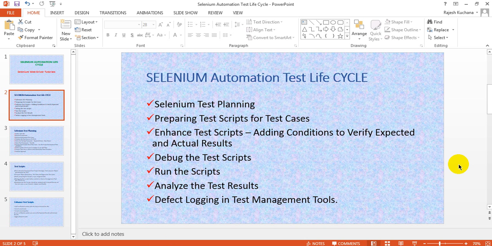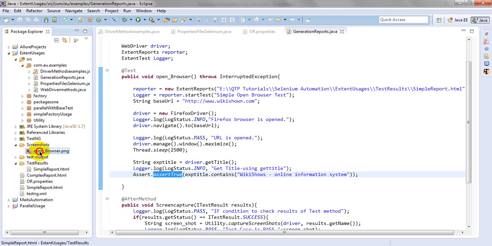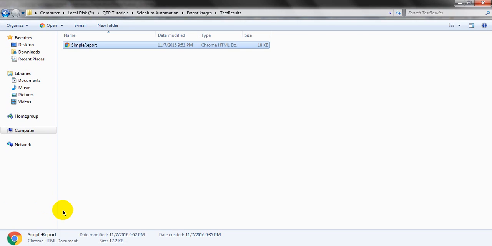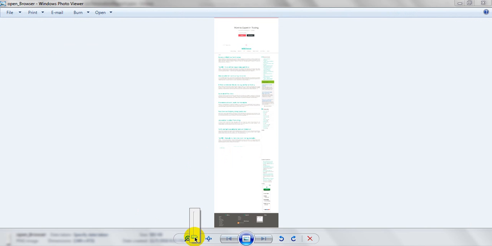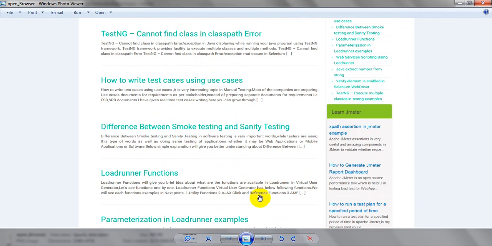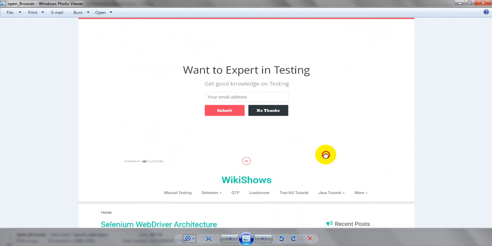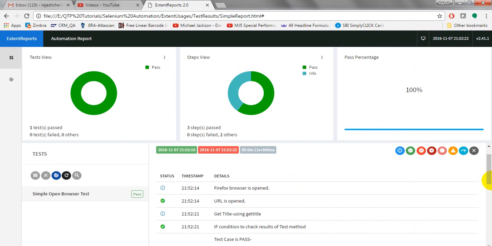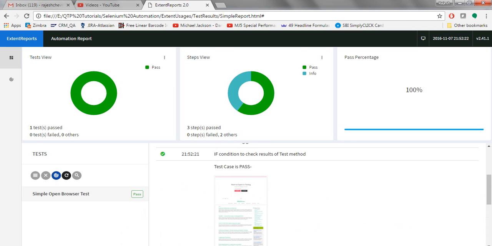With the help of analyzing test results, then only you can know that. If you are taking a screenshot, I have taken a screenshot. Let's see here, I am storing in screenshot, open browser. So let me show you where I have written screenshots. Yes, taken screenshot. So this screenshot is showing there in my report, right? In upcoming classes we will see how to take screenshots and display them in test results, how to show here for each and every step. Like this, you need to enhance your script and analyze your script.